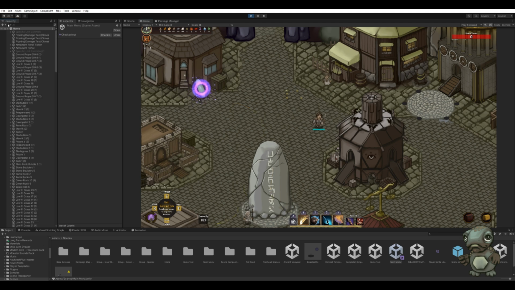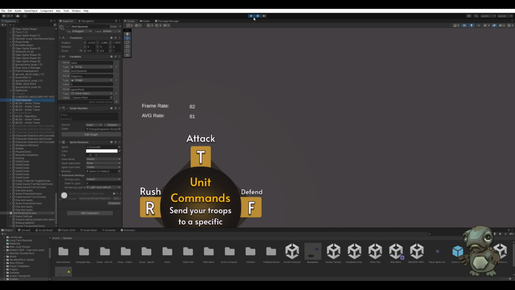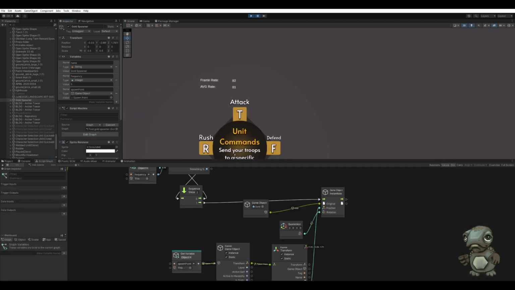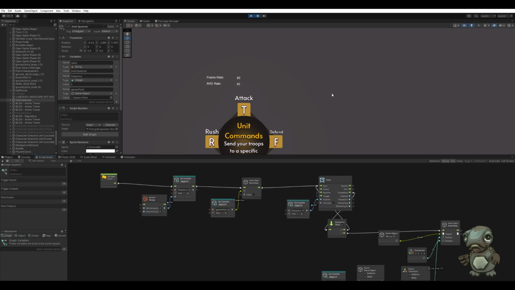Now, just to show you what's kind of going on under the hood, let's go ahead and look for the object that we created. I'm going to go ahead and pause the game real quick. Where is our object? Here it is. There's the gold spawner. And if we open up the script machine while the game is running, we should be able to see the logic as it